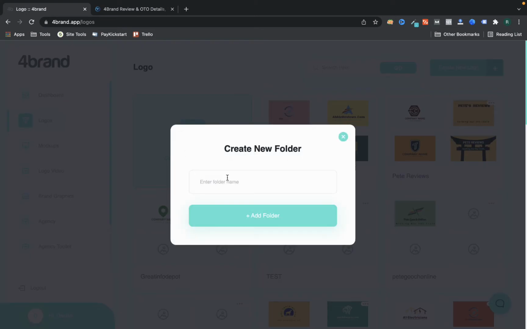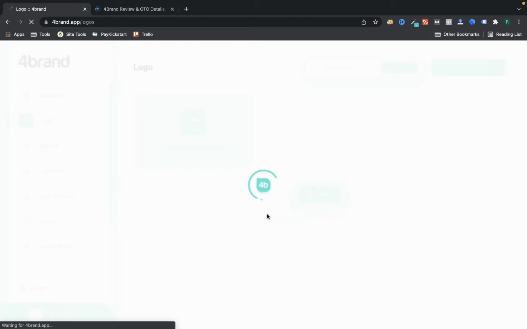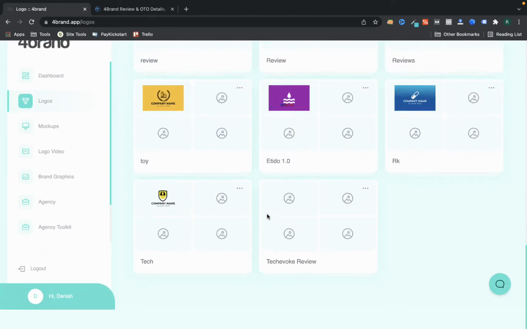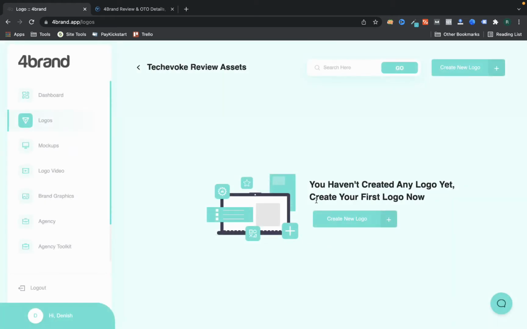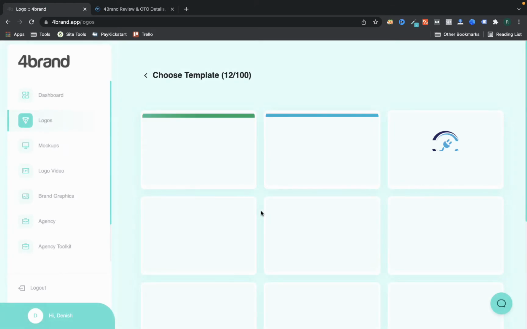Right now I'm going to add Tech Evoke reviews, and I'm going to add this folder now. I'll show you how you can create the logo. As we can see, we have our folder here, and here we have to create a logo. For example, techyoke.com, this is the logo name.